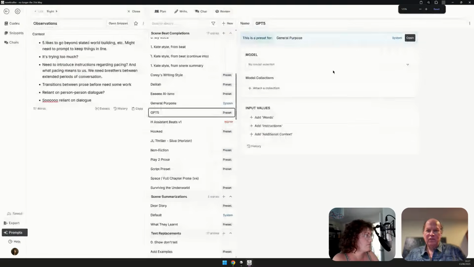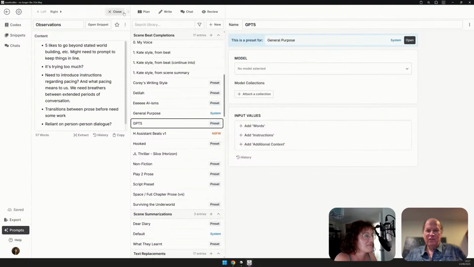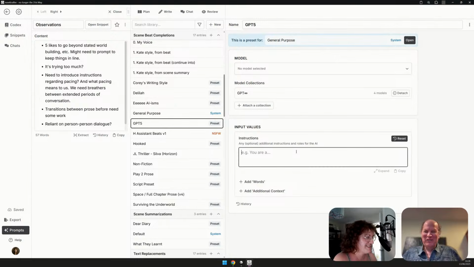I will zoom in because I realize I've not actually been zoomed in this entire time. And I'm going to attach a collection of GPT. GPT infinity. Yes, infinity, because this will be for whatever GPT model comes out. Okay, instructions. So,